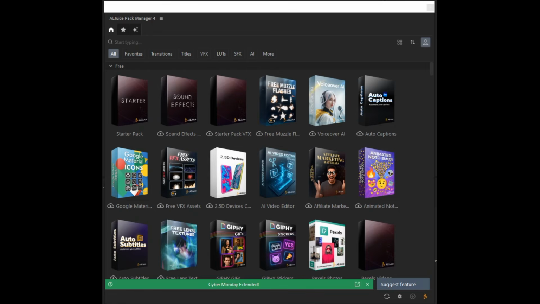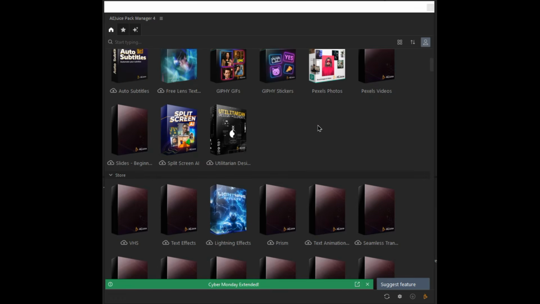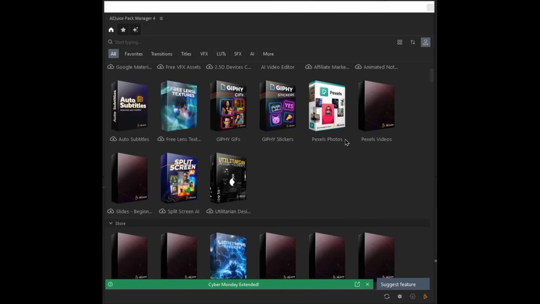It is AEJuice Pack Manager plugins for Adobe Premiere Pro. It provides instant access to a free starter library, including text, animation, transition, sound effects, and shapes elements. It lets you preview, drag and drop motion assets directly onto your timeline without leaving the software. Key benefit of the free version: in-app access, browse, preview and apply elements directly inside the Premiere Pro extension